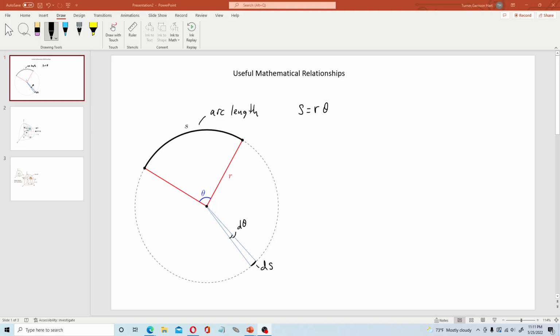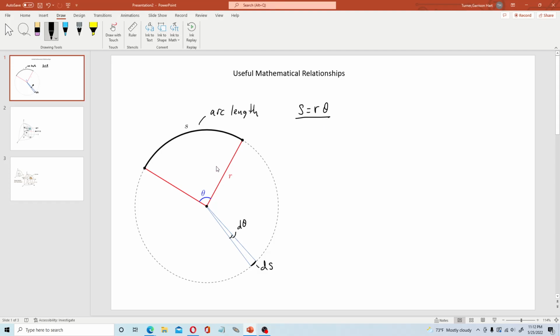Right, so we want to look at some useful mathematical relationships, specifically in spherical and polar coordinates. What we're going to do is derive some relationships that will be useful when we do integrations involving surface area elements and volume elements. And the derivations and justifications for the formulas that we're going to look at all hinge on this idea of